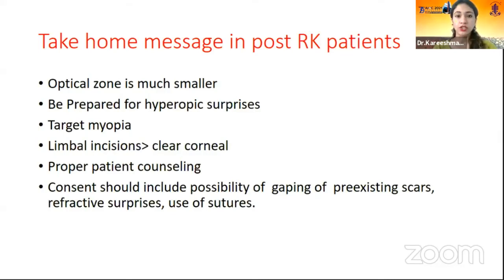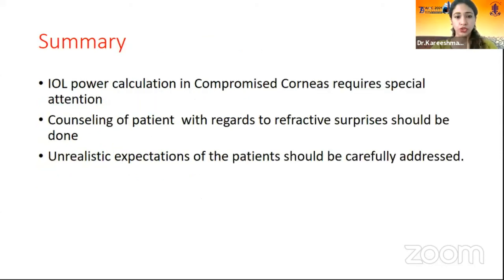In order to avoid this, you want to keep your phaco settings as low as possible to make sure that there is no opening up of the pre-existing wounds. And still, you must have this at the back of your mind. You must always have sutures ready on standby. In case anything opens up, you can suture it up. Even your main port, in case you feel that it's a little leaky or it's not strong enough, because these are biomechanically compromised corneas, you may want to take a suture.